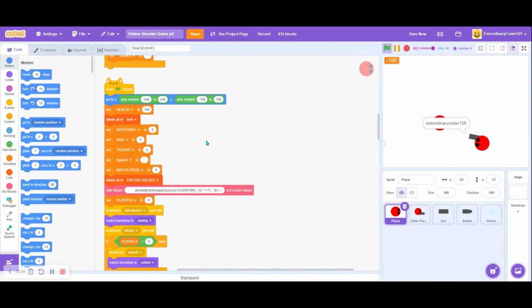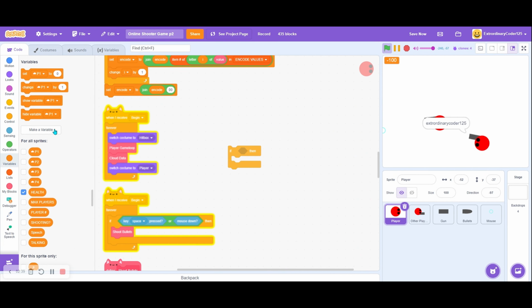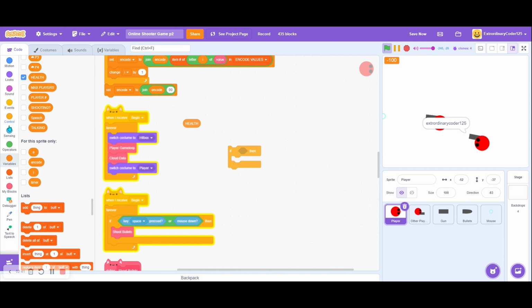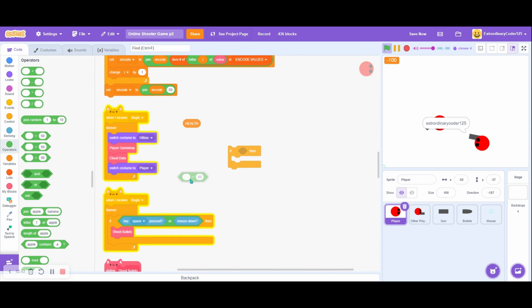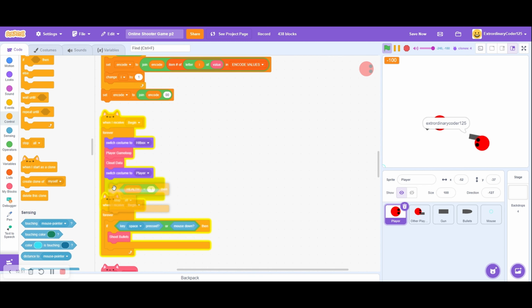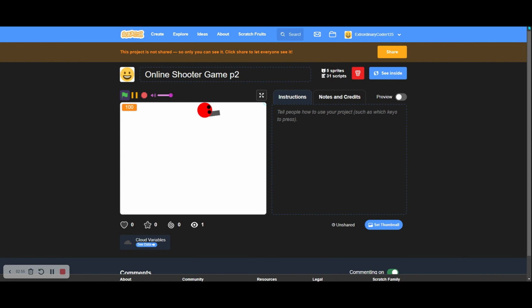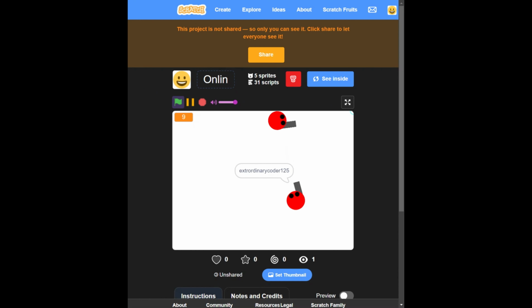If our health is less than 1, then we stop all. We also want to be able to add the kills, so we're going to edit that part later. Now as you can see, we die every time our health gets reduced. So if I keep on shooting us, yeah, we die. But